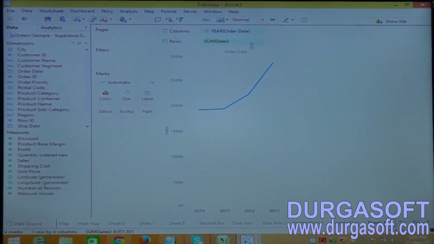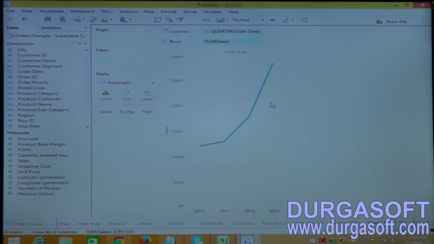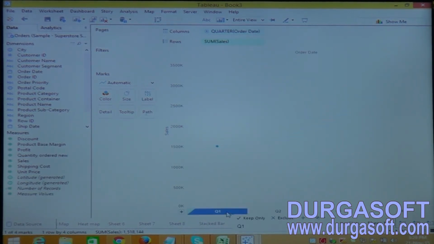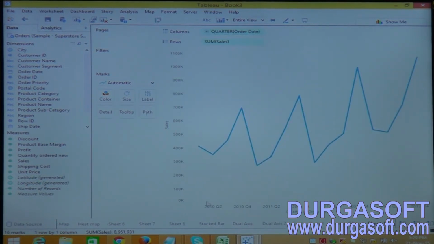If I want to apply this quarter-wise, you just right click on the order date and click on the quarter. Now it is representing the quarter-wise data, but you are not able to understand which quarter it is. We have 4 years of data, and it is showing only quarter 1, quarter 2, quarter 3 and quarter 4. We are not able to understand which year's quarter data it is. Now instead of using the quarter in the first one, if you click on the quarter here, it now represents the data in the form of quarter-wise.